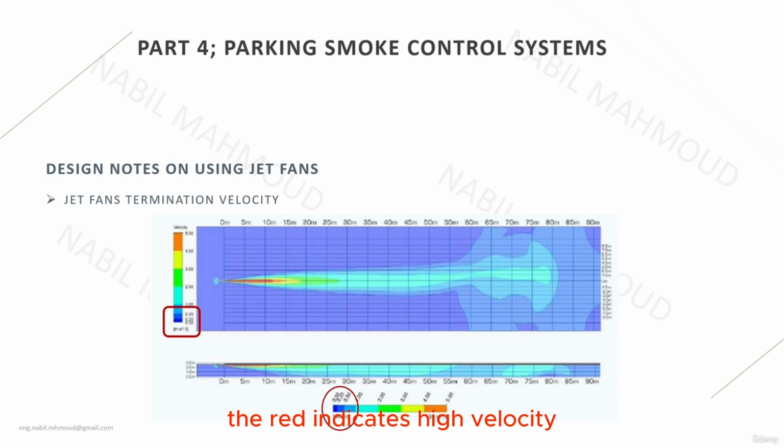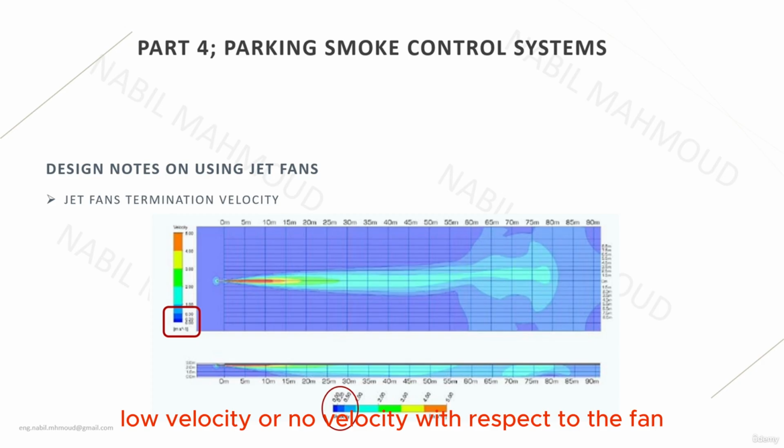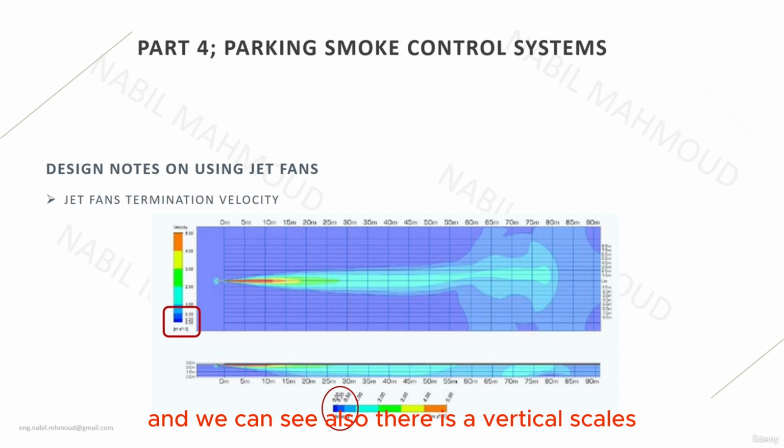As we all know, the red indicates high velocity and the blue indicates low velocity. So we can see that the ambient is in blue. This is because the ambient has relatively low velocity or no velocity with respect to the fan. And we can also see there are vertical scales for the distance from the fan until the end of the